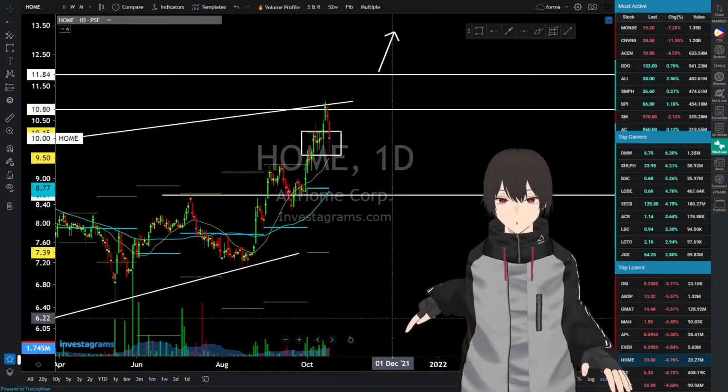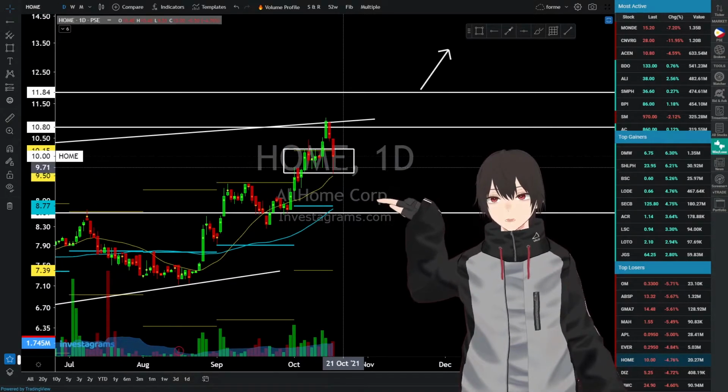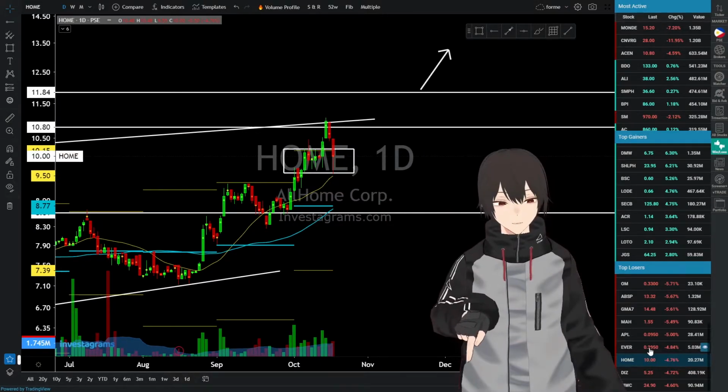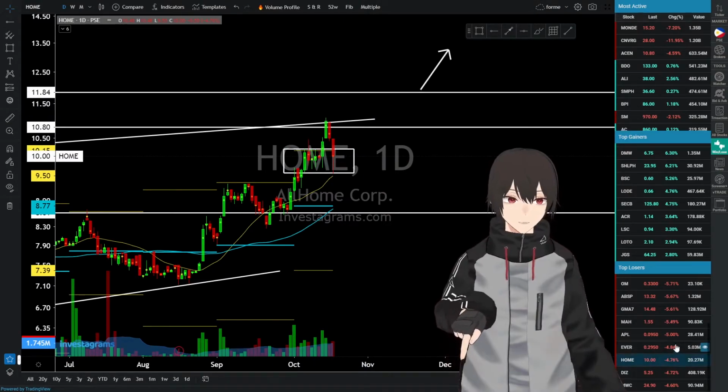We have home, kind of hold from that range dito. Nakita naman natin na may bumili kahit papano. And it's closing above the average price. So, goods pa naman si home kahit medyo sell down. In the last 2 days, we have